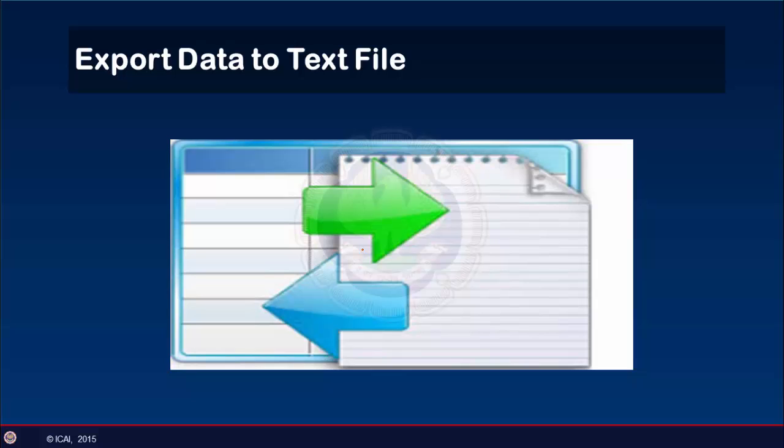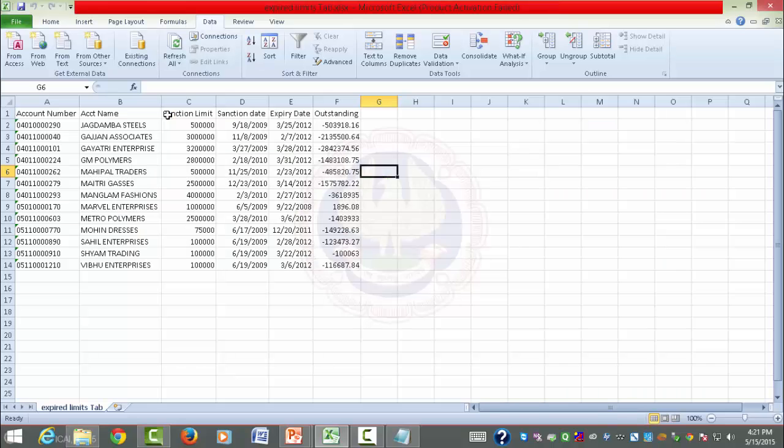So friends, after learning how we can import the text file into Excel and how to link it again to Excel, we'll also learn how we can export the Excel file into a text file. So in this step, we'll learn to convert an Excel file to a text file, and the steps involved are,